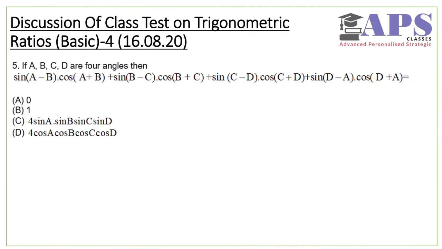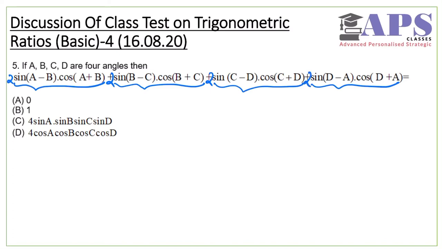In question number 5, we can see that we have products like this. There are 3 product terms and then their summation. Actually there are 4 such product terms. So for all these product terms, if I multiply with 2, then only I can apply some formula, that is 2 sin A sin B or 2 sin A cos B. That formula can be applied. And if I multiply by 2, I have to multiply by half. So finally, after all this, we will get 2 sin A cos B. That is the first term in the product.